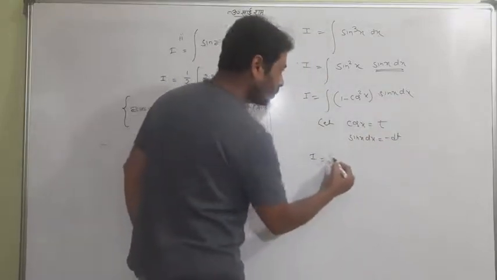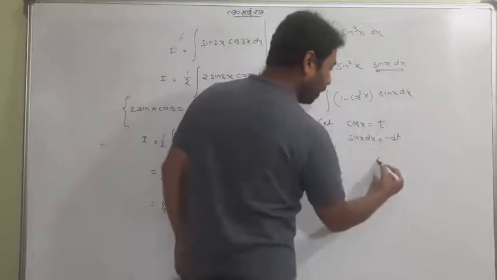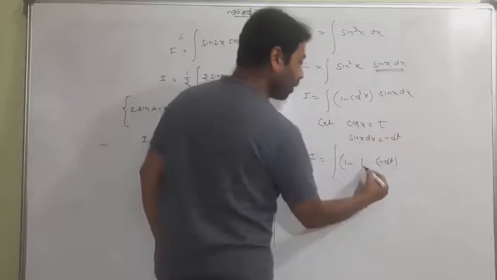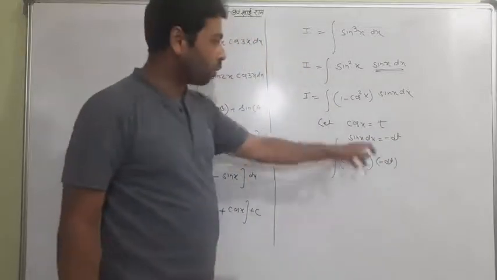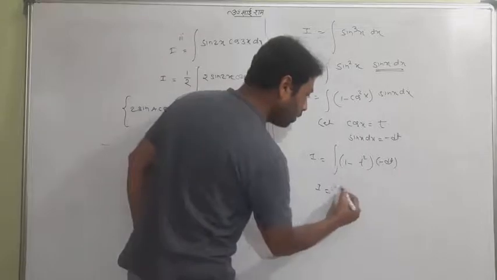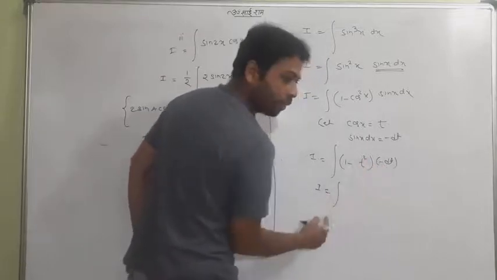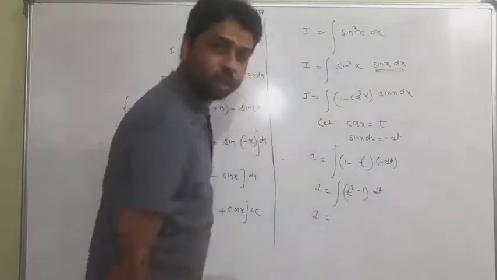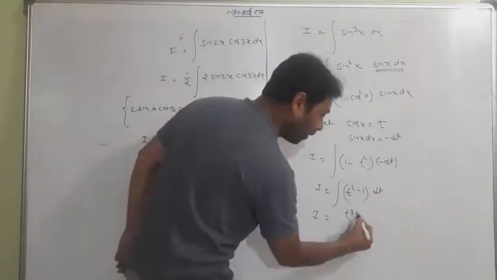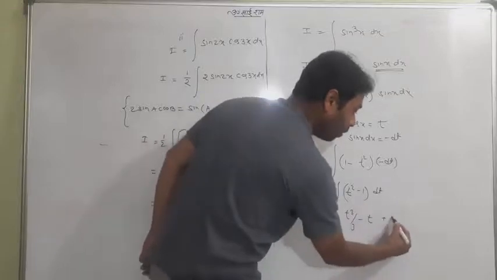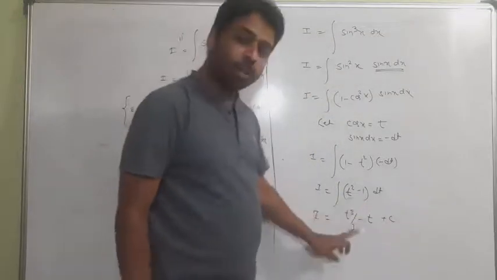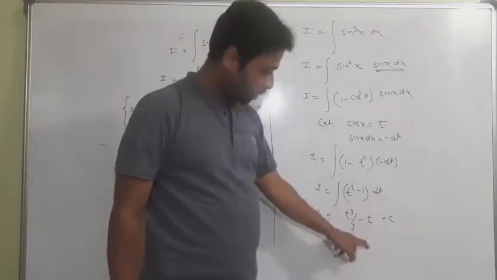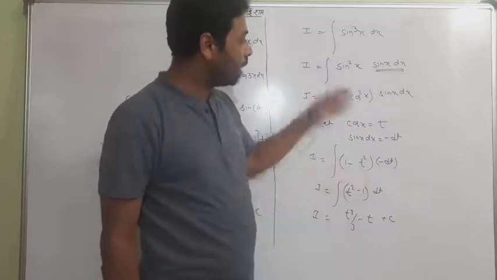Now go into the question, sin x dx will be minus dt, and this is 1 minus cos square x, meaning t square, like that, cos x is equal to t. Now what to do, students? Multiply the minus into the bracket. It's going to be t square minus 1 into dt. And now integrate both the terms. T square will be t cube by 3 and 1 will be t. The integration of 1 with respect to t is only t. Okay, plus c, and instead of t, lastly put cos x.